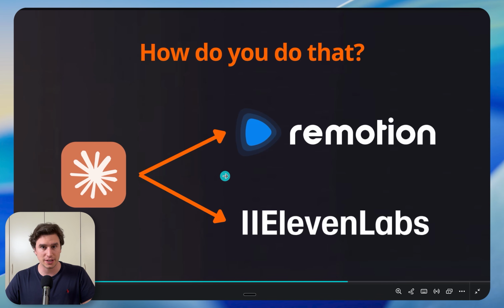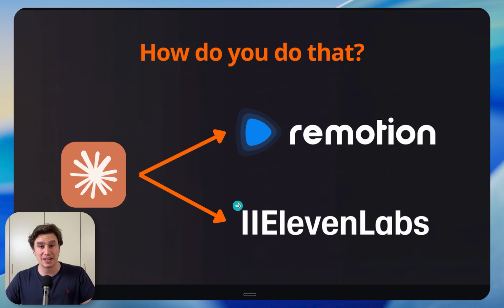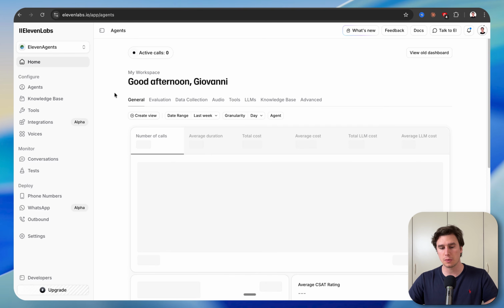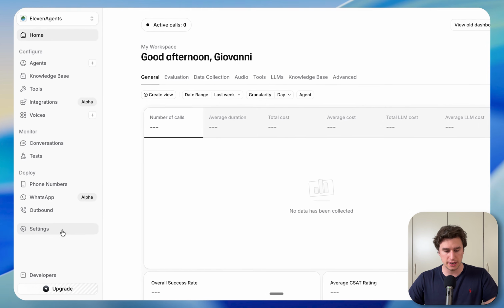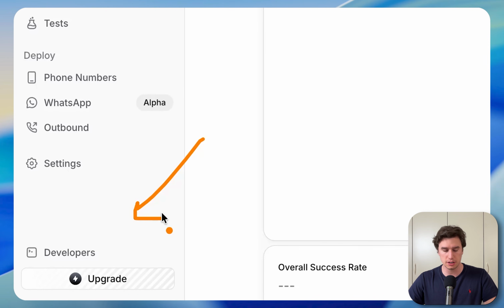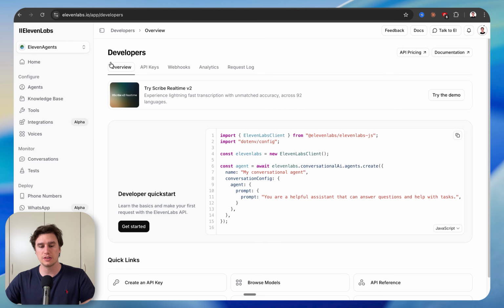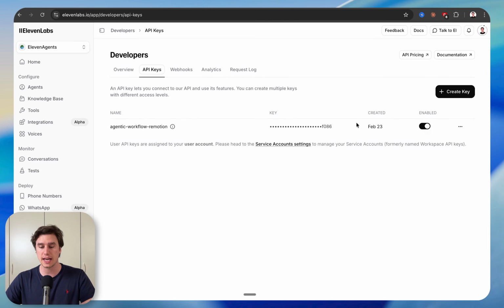However, in this specific case, we're just gonna go inside the 11 Labs platform and take the API keys. So on Google, you're gonna type 11labs.io, right? And then this is the interface that will greet you. Once you have this, you will probably be on the home page, and you need to press down here, at the bottom left, and there is developers. And once you go to developers, you press API keys, and then here you need to create an API key,